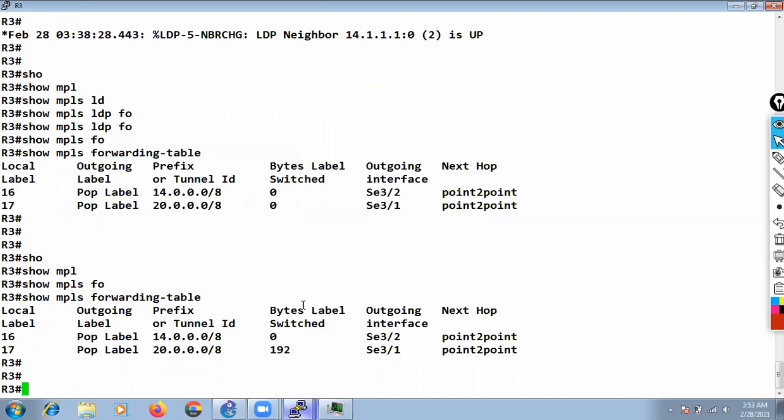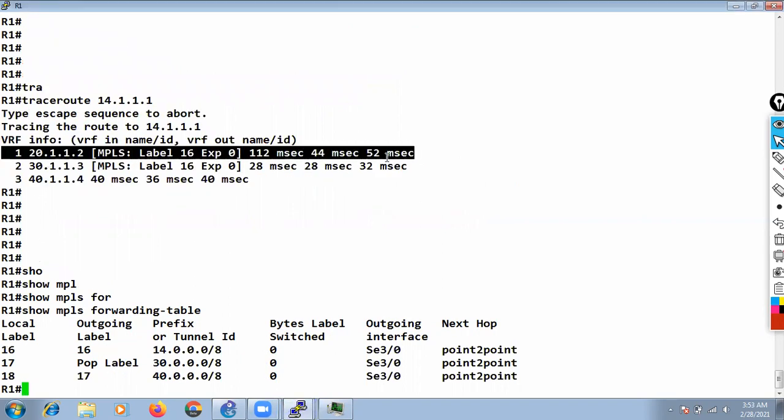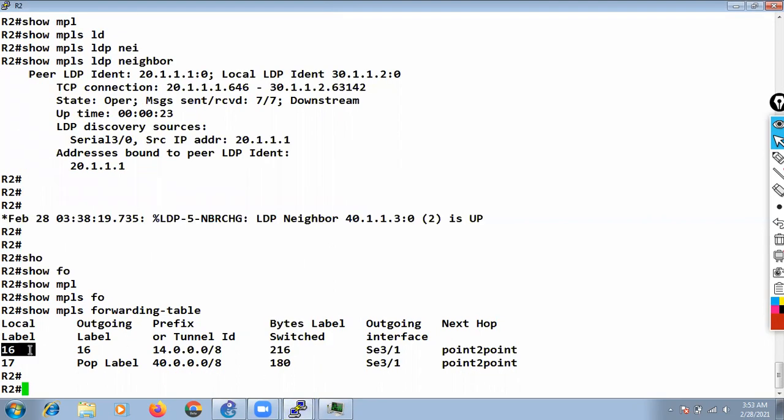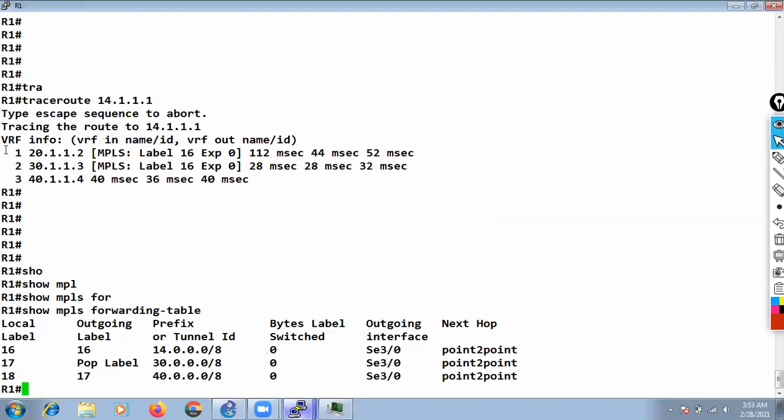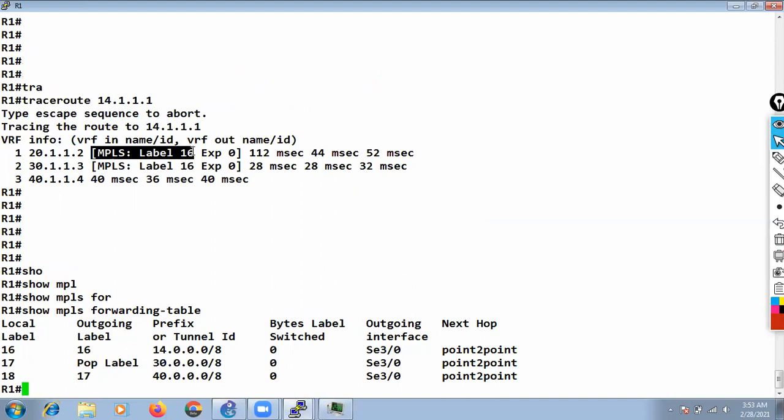Now if I do a trace route, because R2 is also putting one label, there is no pop operation here. So R2 is going to send to R3 label number 16. That is why in the trace route you can see the MPLS information here, label number 16. It is going to send to R3.